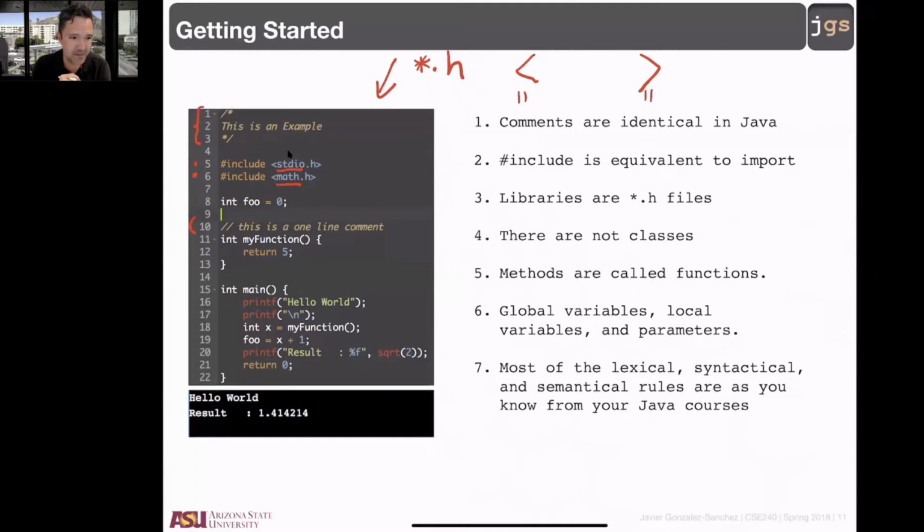What is the difference? If the library is between angular brackets, that is a library from the system. That is a library that comes with the language, that is included in any compiler for that